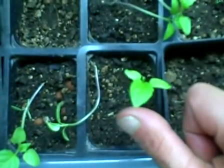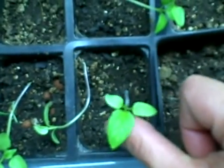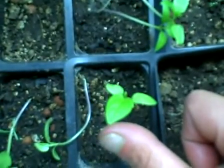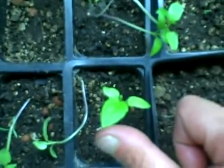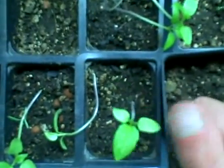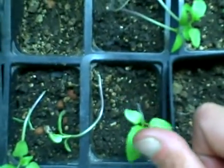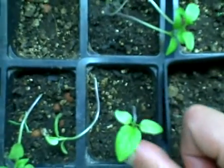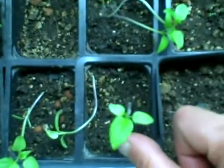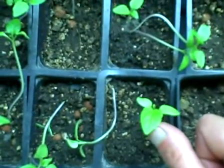create food, and I don't think that people need to be taught how to eat, and I don't think people need to be taught how to grow food. I think that the food grows all around you every day, and that you need to be taught what is food. That might sound kind of strange to you, but if you turn on the news, or if you look at yourself in the mirror, or if you look at the ingredients on the back of what you call food, chances are you cannot read the ingredients on the back of whatever it is that you purchase and call